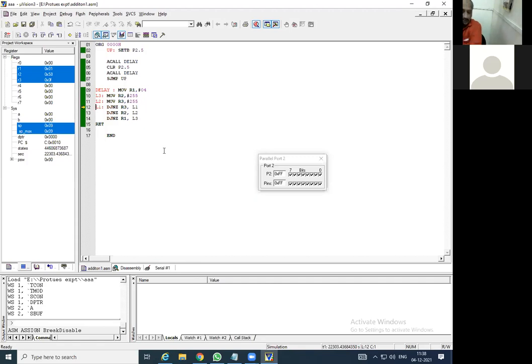If you have a laptop or desktop with you, you can definitely make these particular changes in the program and go for the simulation by using the Keil version 3 software. Okay, so this is all for these 2 experiments. A total of 5 experiments we have completed by today.